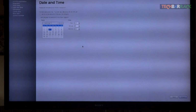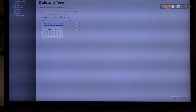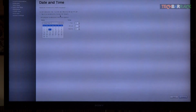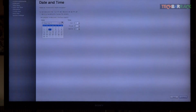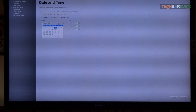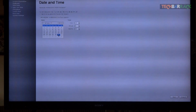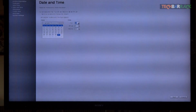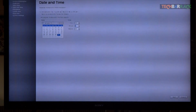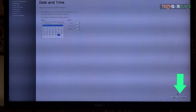Now it will ask you for the date and time settings. You can synchronize it over the internet. However, I have not connected the Ethernet, so I don't have any internet connection on my Raspberry Pi at the moment. So I will just set it manually. I'm sorry, it's 2013 and it's January 31st, and the time is 15 hours and 45 minutes and some amount of seconds. So just click on forward,